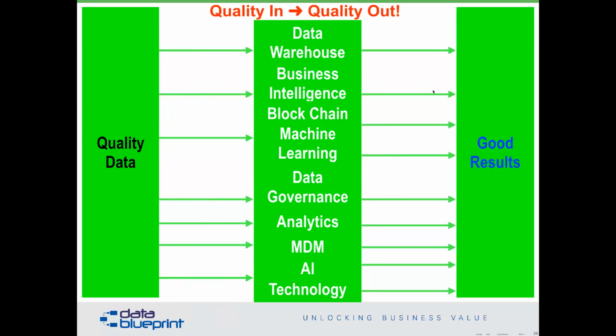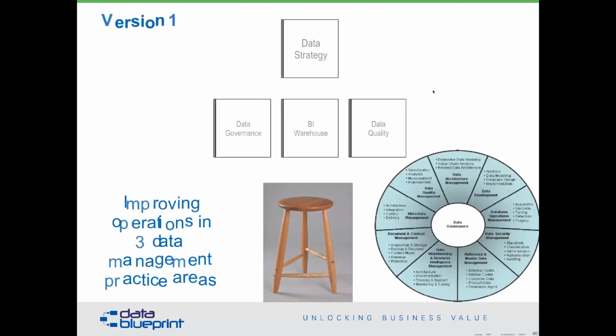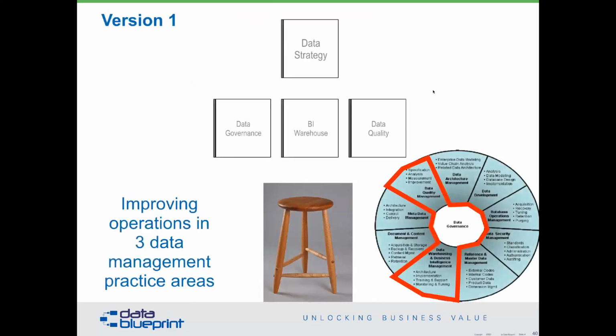Now, the reason I show you the DMBOK version 1 on this is because most of the time I think we didn't do as good a job as we could have with articulating what's supposed to happen in those pie wedges. And the answer is almost nothing works well by itself. Again, I've already given you the stool analogy here as a three-legged stool. And in this case, the organization started out by saying, oh goodness, we did a bad job by doing just reference and master data management, whereas it really should have been probably three areas that were combined on this.